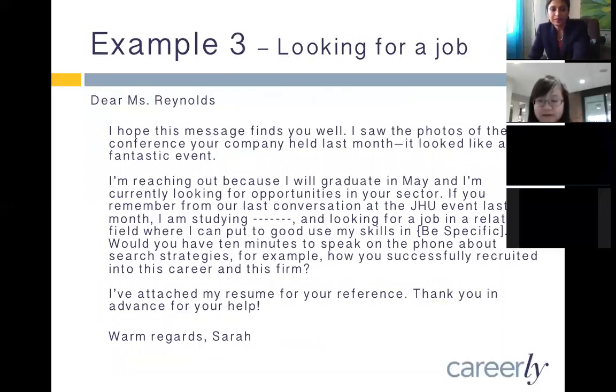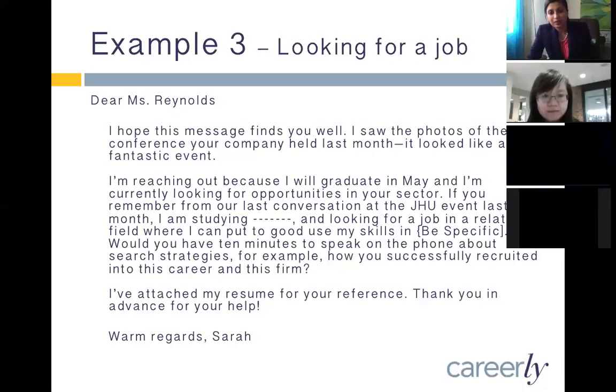Okay. And then there are a couple more examples. This one is a lot like the previous one, except it's more like you're looking for a job, and it's just worded a little differently, right? This is for a student who's graduating, and they're referencing a conversation. So this person, Sarah, knows Reynolds a little bit, well enough to ask her for a little bit more than just